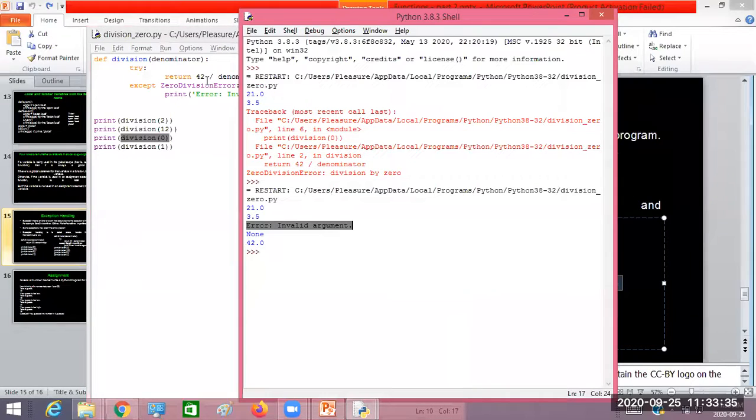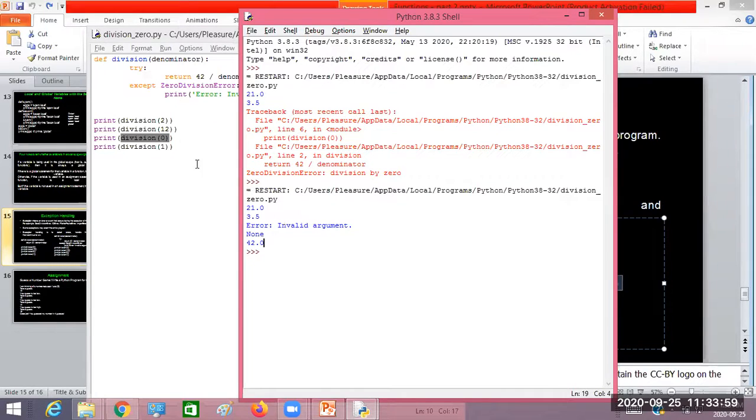That's why, after displaying the error message, we got the return value from the third function call as None. Then again the fourth function call, that is division by 1, so 42 is the answer. So that's how errors can be handled in Python. Did you get this one? Exception handling.